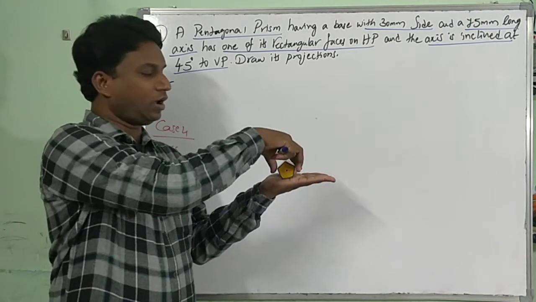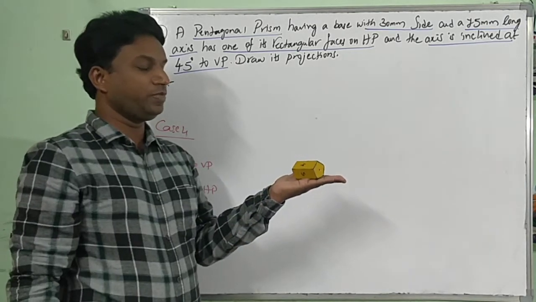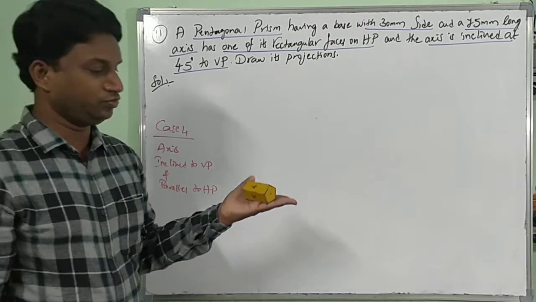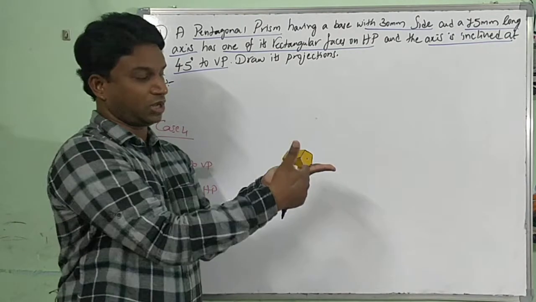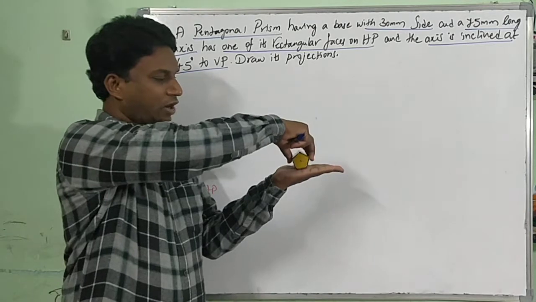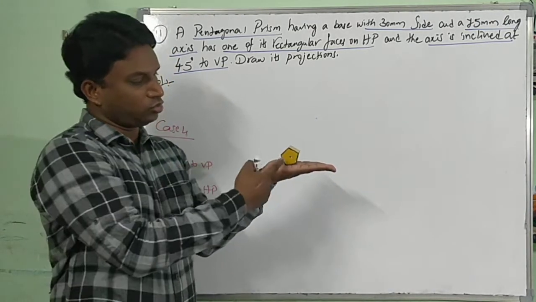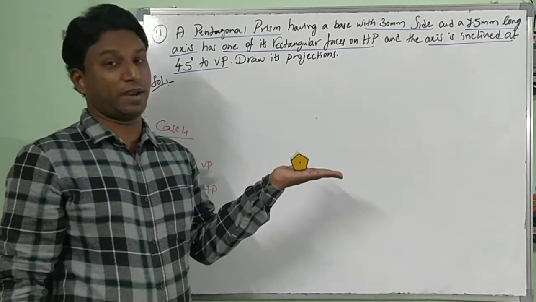Now, whatever top view you have drawn with respect to axis, you have to rotate it 45 degrees and draw its respective front view in stage 2. Hope you all understand. This is the final position, which we cannot draw directly, front view and top view. So we are taking the 45 degrees of axis to 90 degrees, right? To draw its true shape of the base as a pentagon.